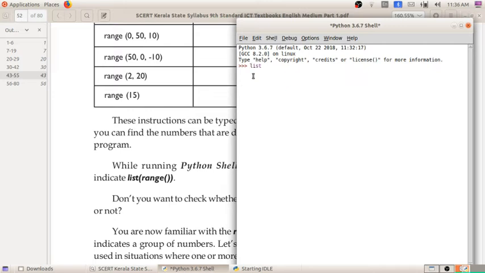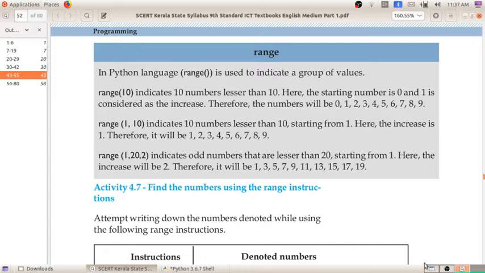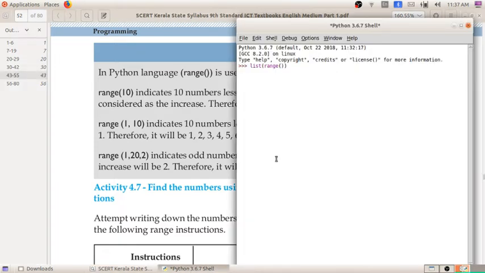So I am writing list of range function, closing the bracket, and in this range I am writing the value 10. Range of 10. When I click enter, you can see 10 numbers, but the starting value is from 0 and the ending value is less than 10.